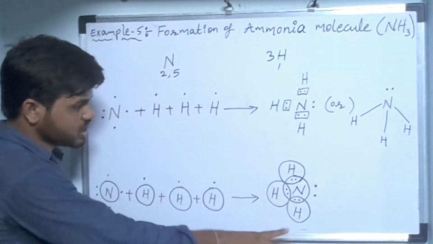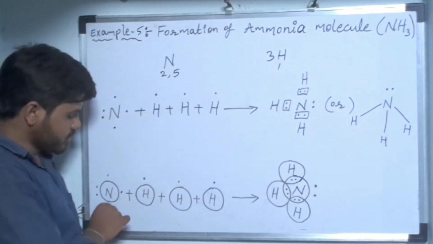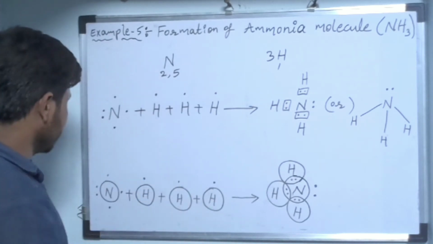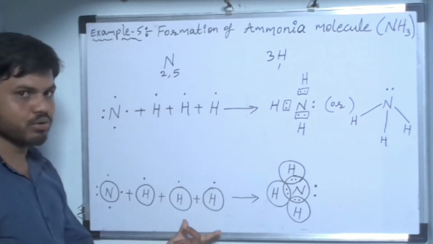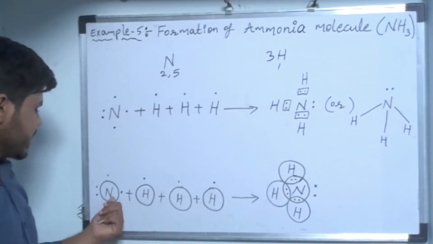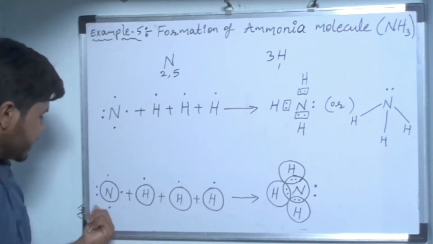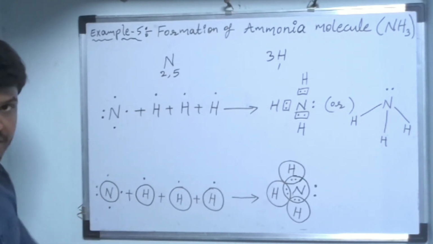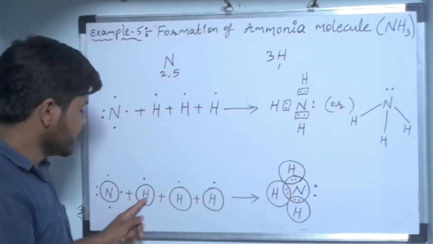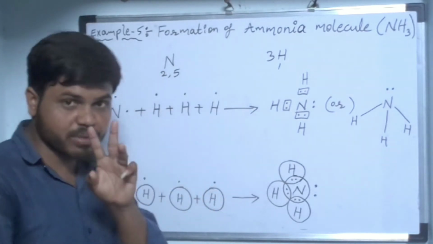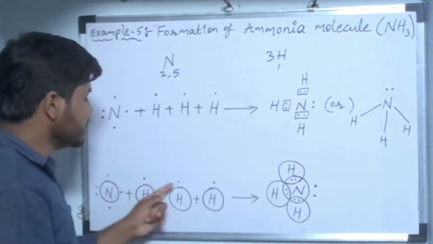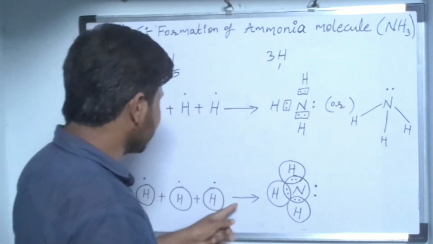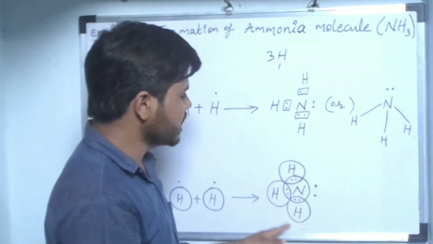This is another structure of ammonia molecule. See, each circle indicates 1 atom. Nitrogen, 3 hydrogens. In the nitrogen atom, I written the symbol and I placed valence electrons around the symbol. 3 electrons are participating in chemical reaction, and the 3 hydrogens are participating with 1 electron each. After chemical reaction, we get ammonia like this.